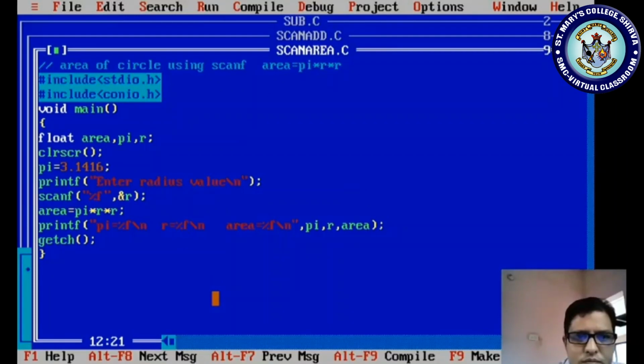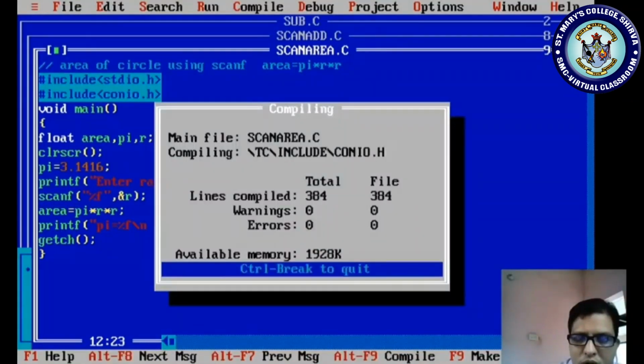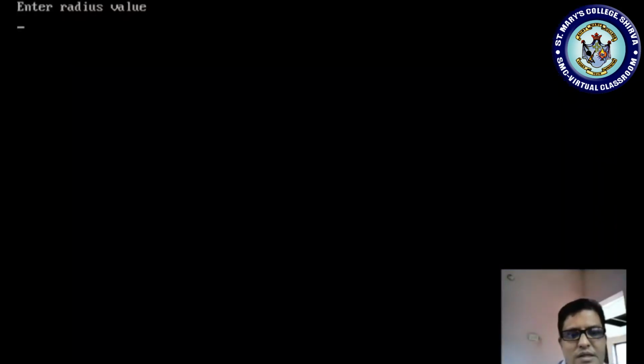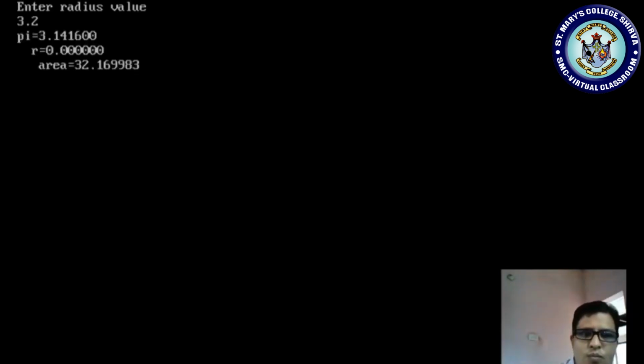At that time, let us modify with the lf. lf stands for long float. I'm checking. I'm not sure because sometimes your configuration or software problem will also exist. 3.2.